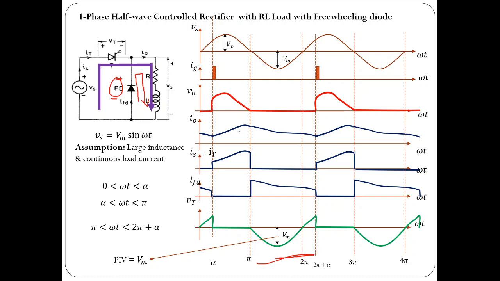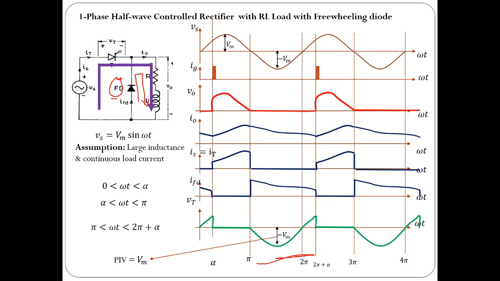And the second advantage is that there is no question of power being fed back to the source. The load voltage is positive and the load current is positive, so during the period from alpha to pi, the load takes the power. In the remaining period, from pi to 2 pi plus alpha, the voltage across the load is going to be 0. So the energy stored in the inductor would be given back to the resistor, not to the source. Because the resistor is the only element which can absorb the energy, the net power consumed by the load is going to be more.